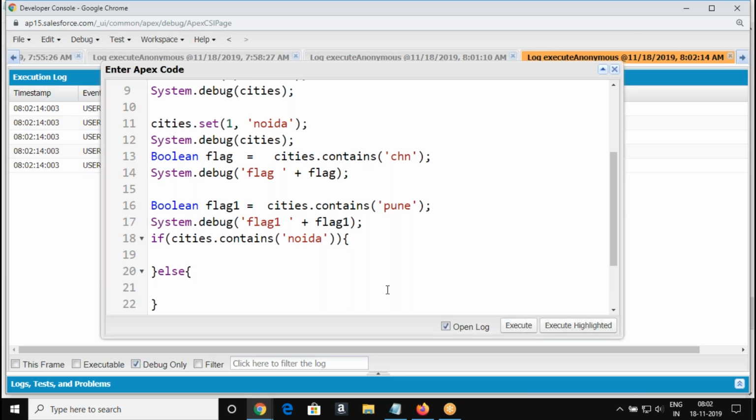So such logic you'll have: when a city is found in that list, when an account record is found in that list, when an employee is found in that list, then do this.